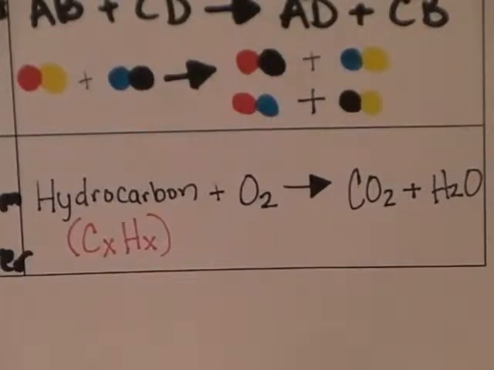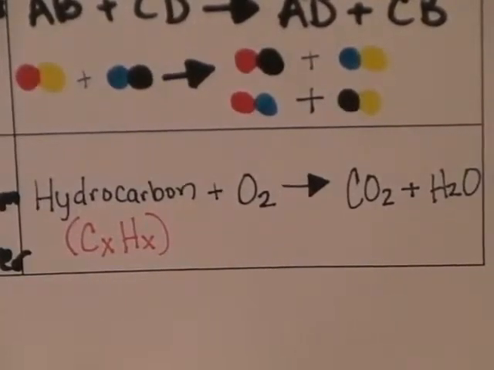These are the only ones you have to worry about at the moment. If you opt to take AP Chem next year, you'll learn that there's a lot of different types of combustion. There's not just carbon combustion. There's sulfur combustion. There's a lot of different ways that combustion happens, but we're specifically just talking about hydrocarbon combustion. So you just have to be able to recognize that as a combustion